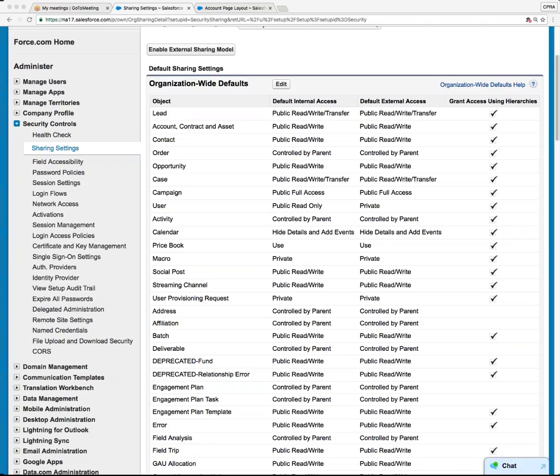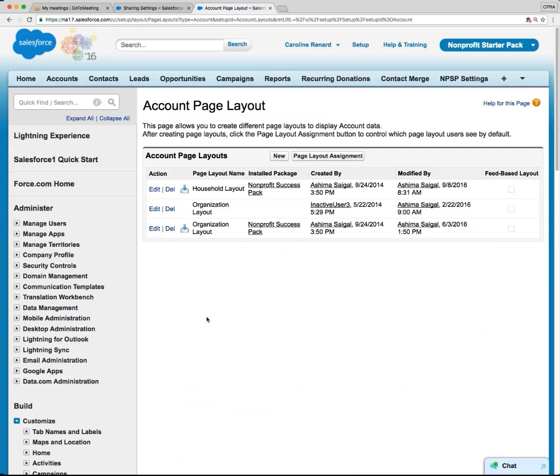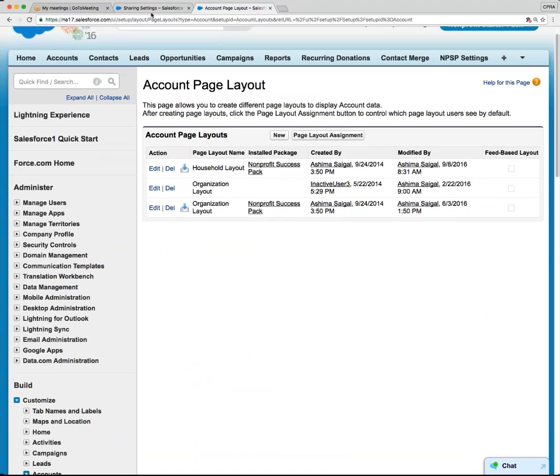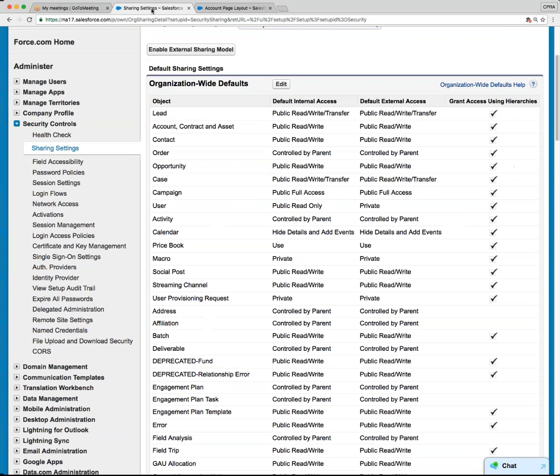They should be able to see each other's opportunities, but they should only be able to edit their own. So your organization-wide default would be read-only, but you create a sharing rule between the 2 teams